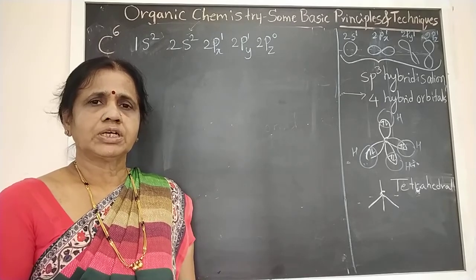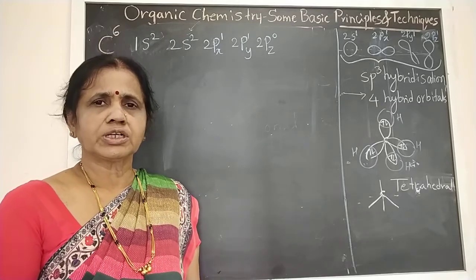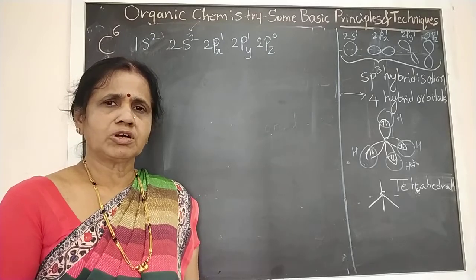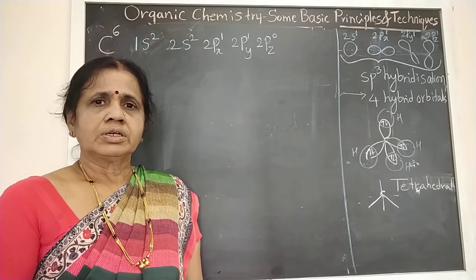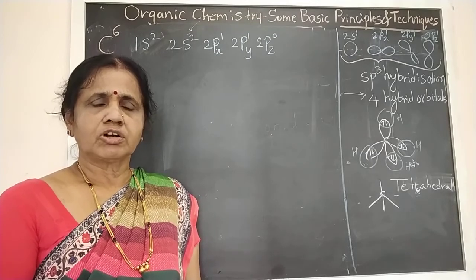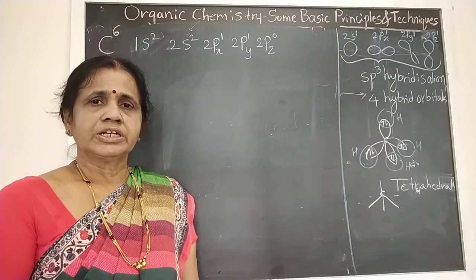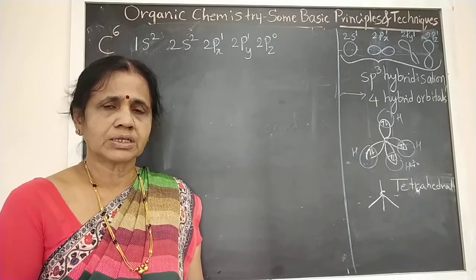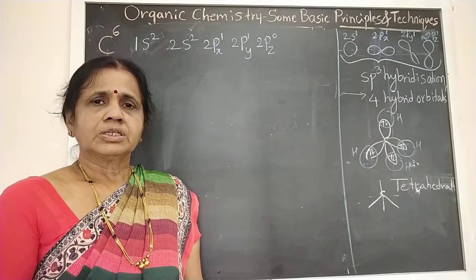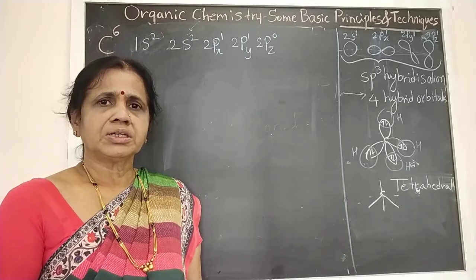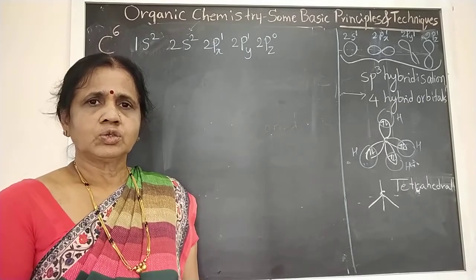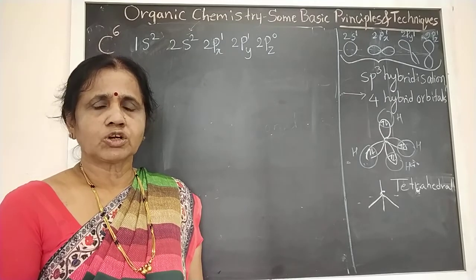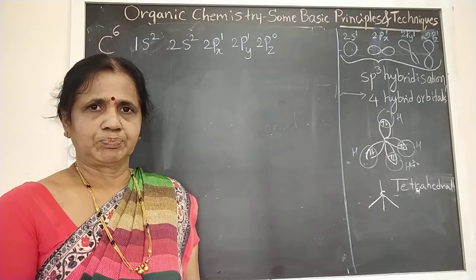Actually, about hybridization, you are not studying it in organic chemistry. You are studying that in the chapter on chemical bonding. So it is not that important for us here, but it is the basic thing to study the bonds formed by the carbon during the formation of organic compounds. So I will explain only a little brief of whatever I taught in the last class.